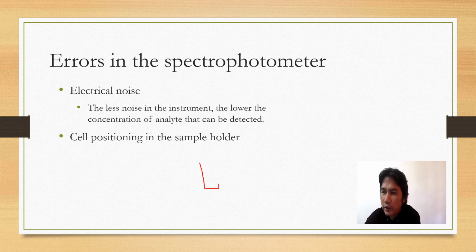Okay, if you are using a square cuvette, normally the side here is transparent, and the other side somewhere here is coated. So when you place the cuvette in the cell holder, the transparent or clear side must be the side that is facing the opening where the light comes out. Okay,